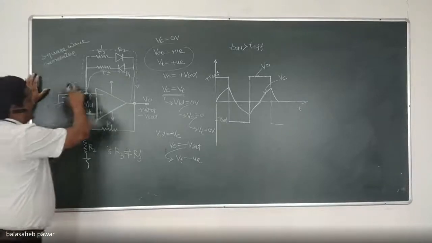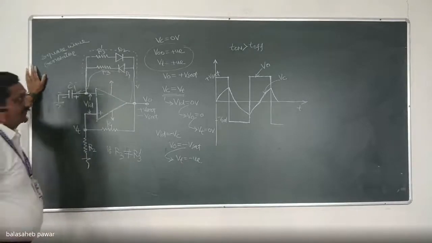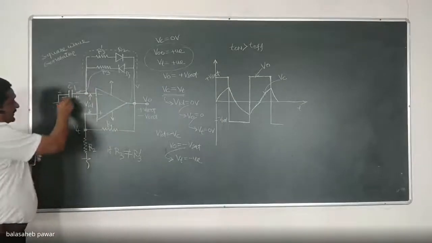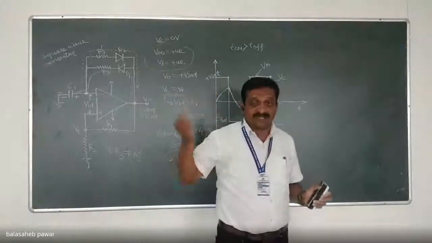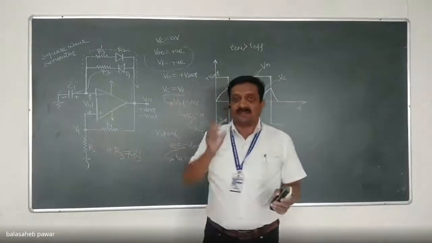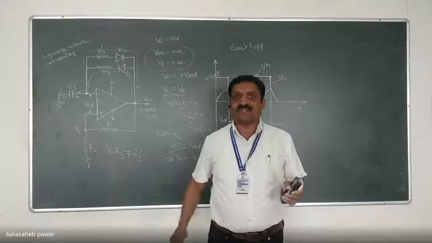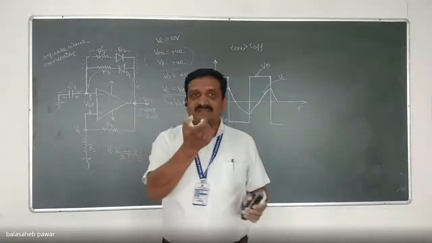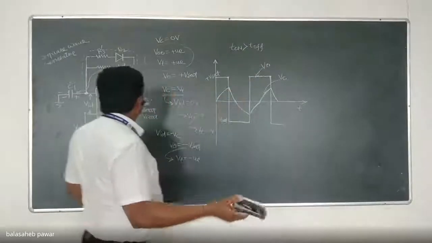While discharging of the capacitor is through R3 dash. And what we want is T on greater than T off. That means the capacitor should take much more time to get charged up to Vt, the threshold voltage, as compared to its discharge. T off should be smaller than T on. That means the discharging of the capacitor should take place fast, and whenever it discharges fast, it reduces the off period, that is T off. Correct. So it's very simple now.